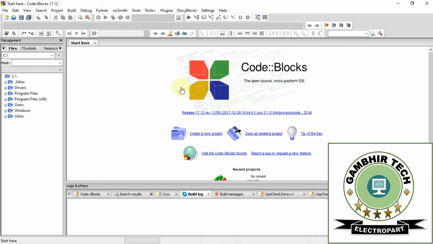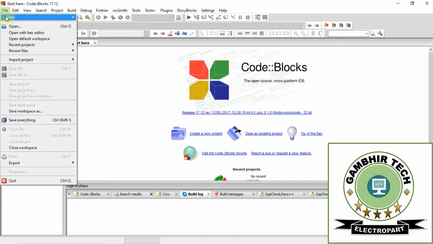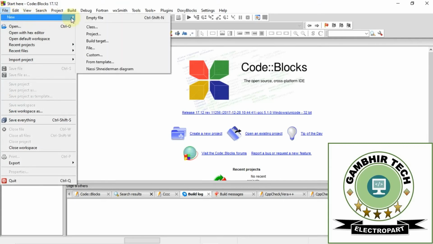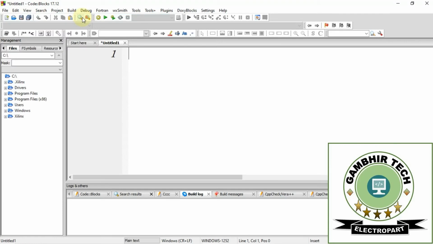You can simply download it by searching for Code::Blocks in Chrome or any browser you like, and then open it and install it. After installing, go to File, click on New, and select Empty File.